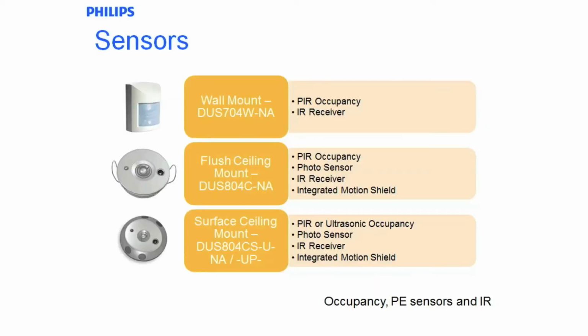This particular sensor uses a digital sensor, so it purely sees motion or not. This makes it very, very easy to configure, but the sensitivity of it is very, very high. Our newest sensor is the DUS 804 ultrasonic. On the occupancy side, it is what we call a dual sensor, so it has a passive infrared component as well